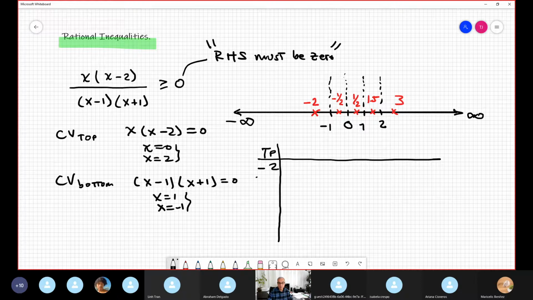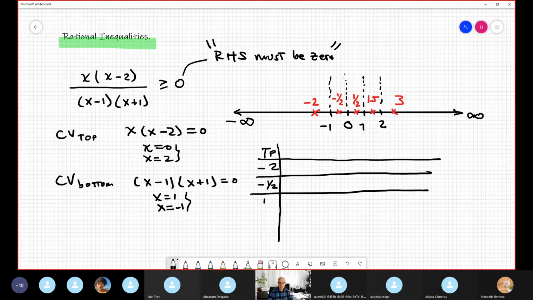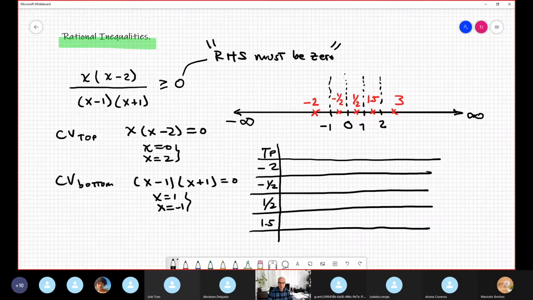Negative 2. Negative 1/2. Positive 1/2. 1.5. And 3. You say es long, pero es easy. No big deal. Entonces ahí listen, the factors que participen en our inequality, que es x, doesn't matter the order,